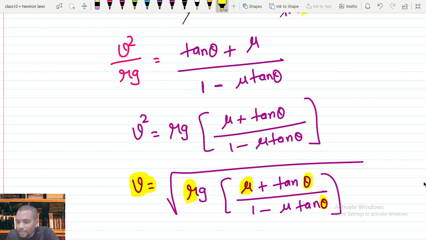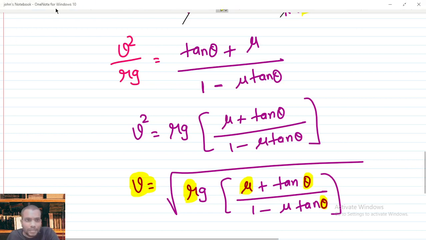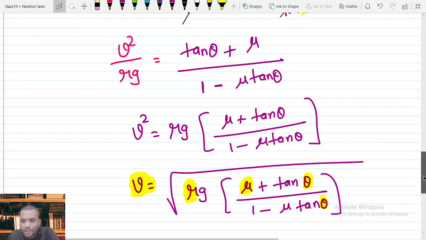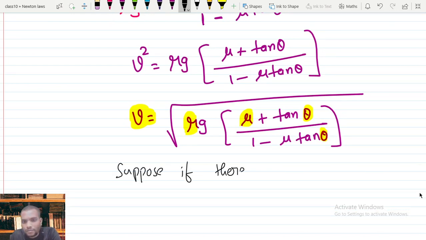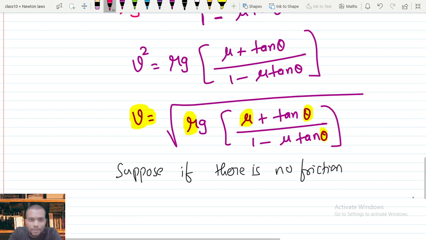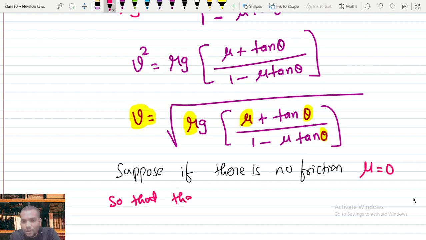Suppose we take a special case, if there is no friction between the road and tires. Sometimes this happens because of the rain. If there is no friction, the coefficient of friction mu becomes equal to 0, so the safe limit for maximum speed